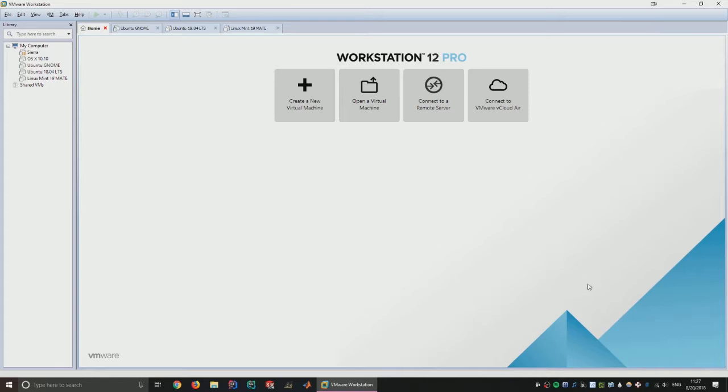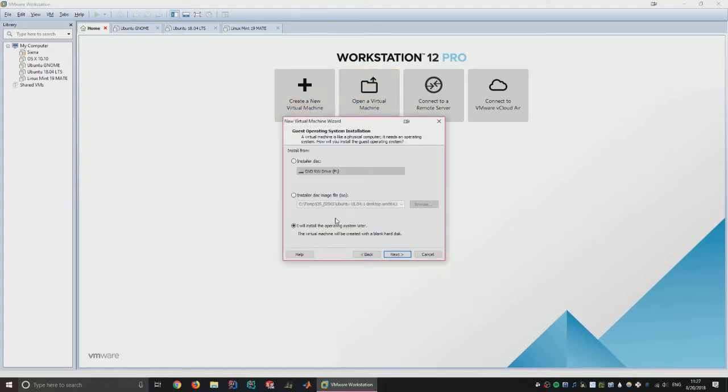Welcome back, and today we're going to be taking a look at Linux Mint 19. Once again, last time we looked at Linux Mint 19 with the Mate desktop. This time we're going to be taking a look at it with the Cinnamon desktop. So as usual, we'll run through all the setup